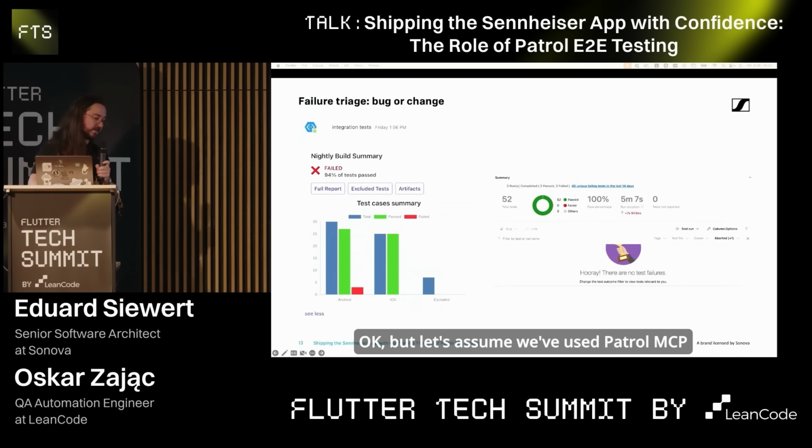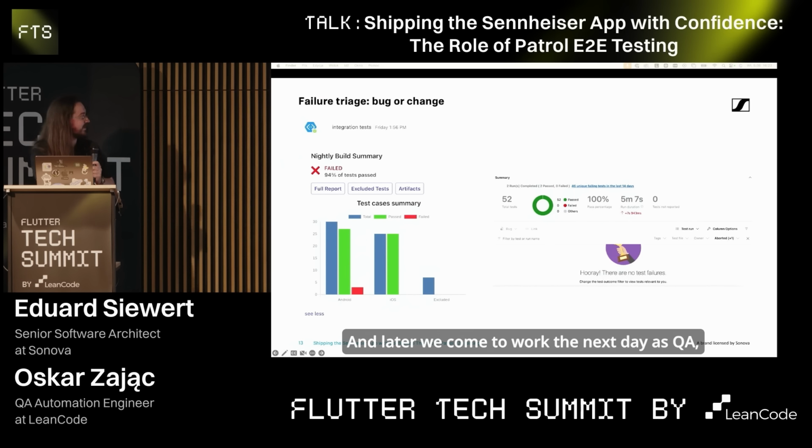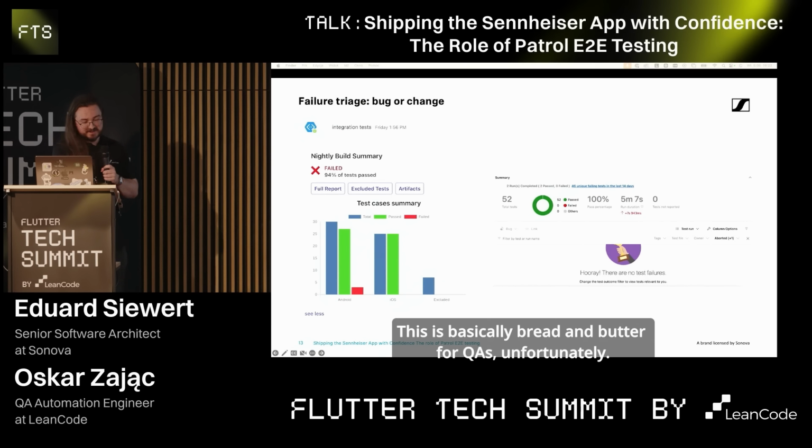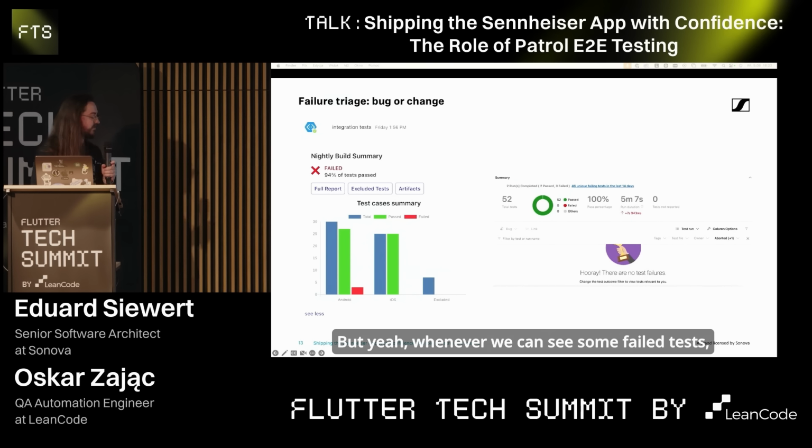Okay, but let's assume we've used Patrol MCP with lots of success. We have a very big test suite. And later, we come to work the next day as QA, and we see some failed runs. This is basically bread and butter for QAs, unfortunately. But yeah, whenever we can see some failed tests,